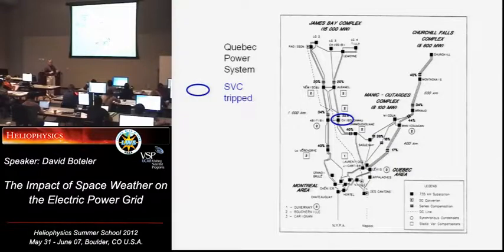Now, the transformers were saturating because of the GIC, so the transformers needed more reactive power. So these were needed more than anything at this time. But the saturation was also causing a lot of harmonics, and the harmonics caused these to trip out. So just at the time when they were needed the most, they were being tripped out.